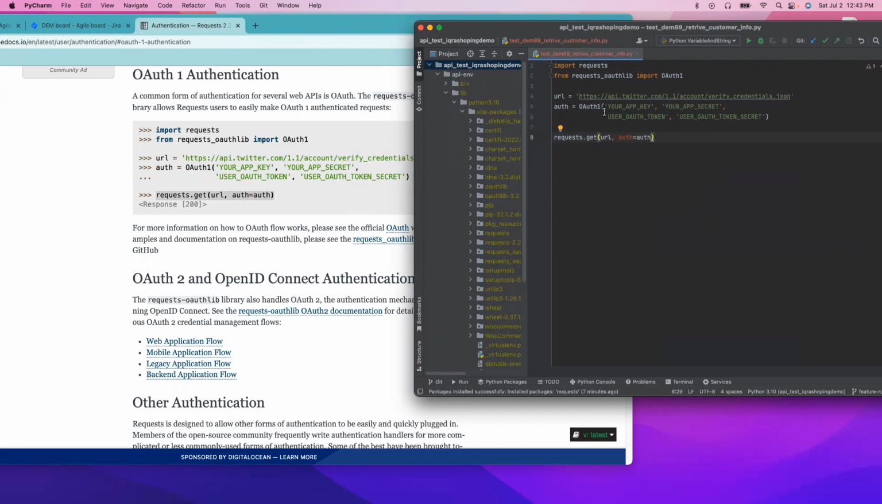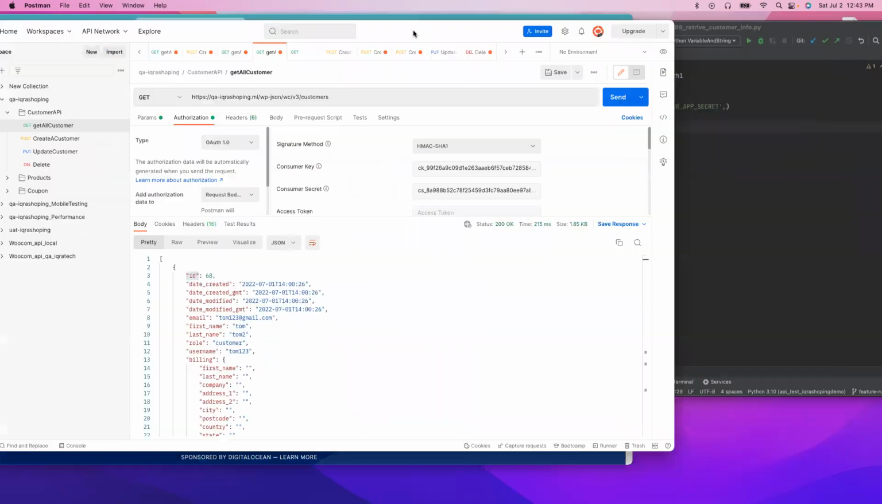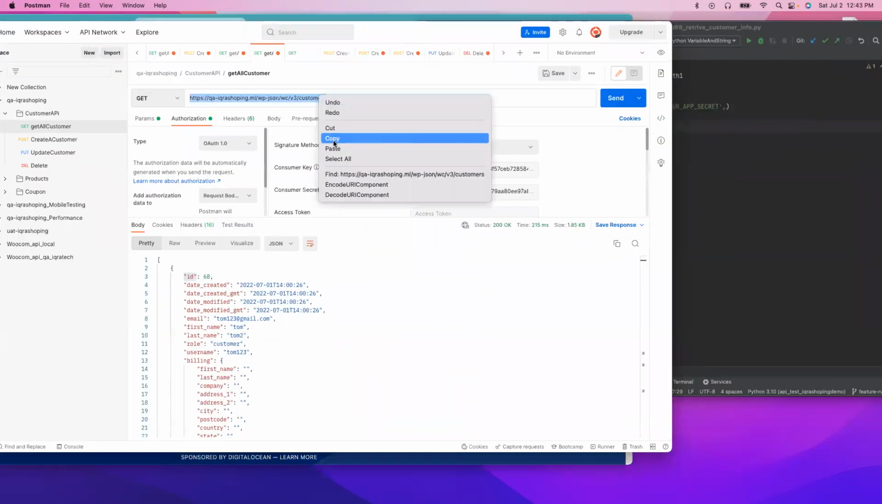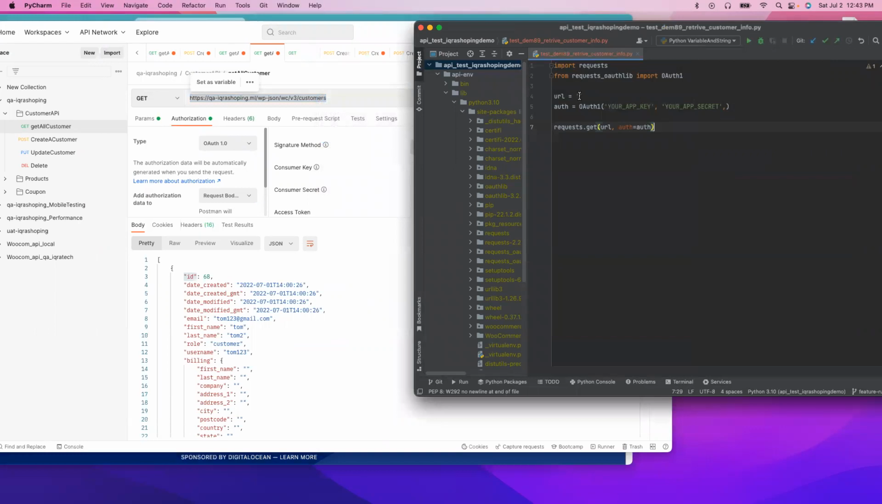secret and customer key. So I don't need this one. So I can just remove this, and what else? So remove this URL. Yeah, so that's it. So now what I'm going to do is just go to Postman, copy this URL, paste it here,